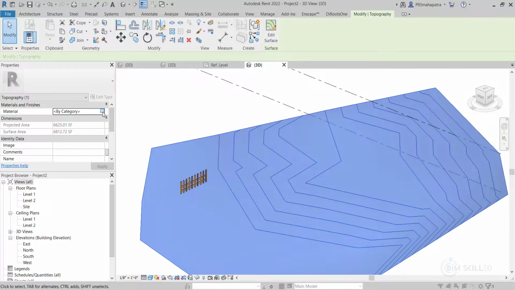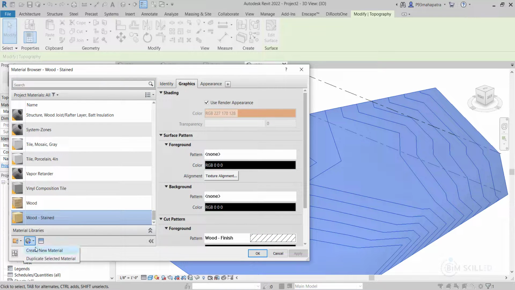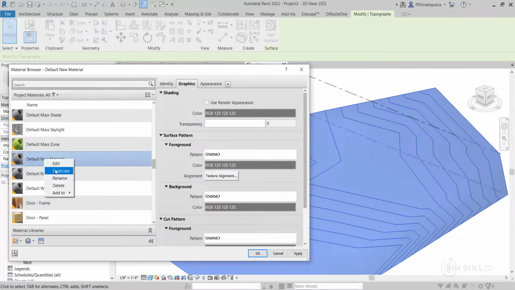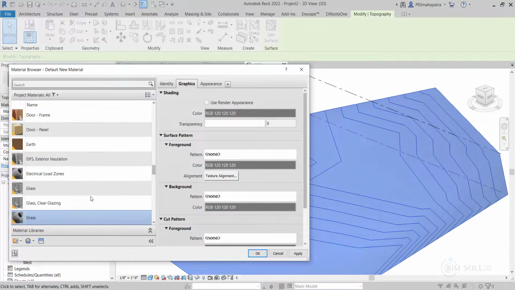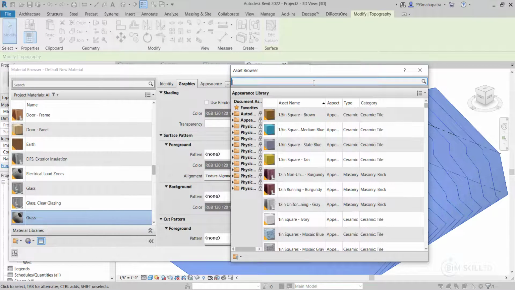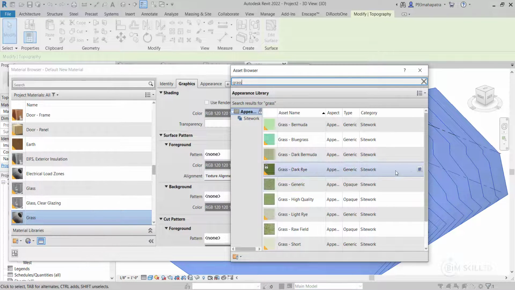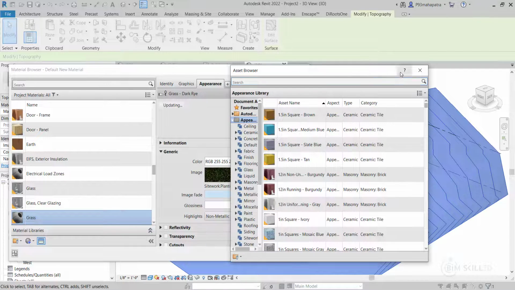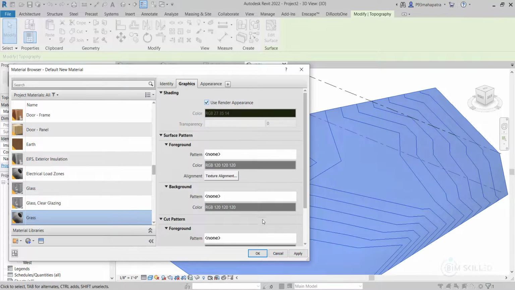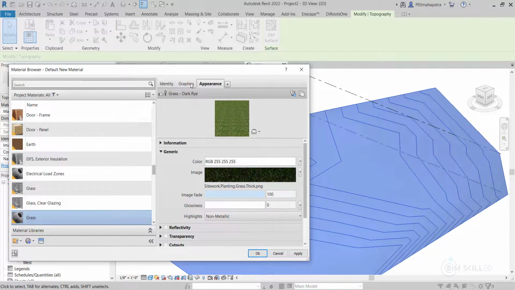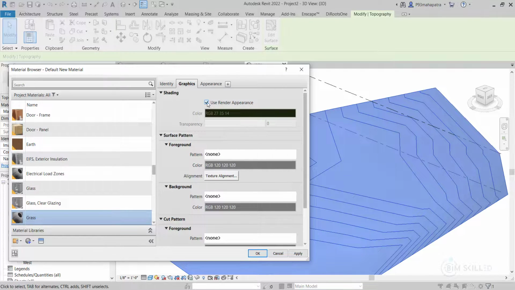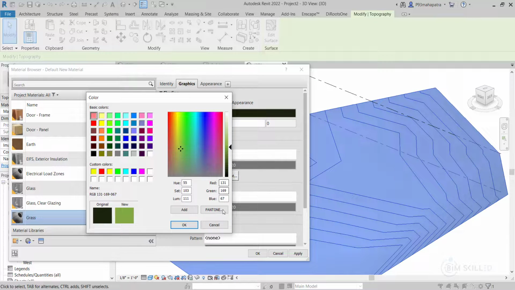So we can change this to a different material. So let's put this on a grass, like this, and go here and open the grass and find this grass asset in this one, and you can find it in any of these, like this one we have. And let's choose the render appearance. This is quite dark, so we can actually change this one from here. I think from here you can change it, a bit light,